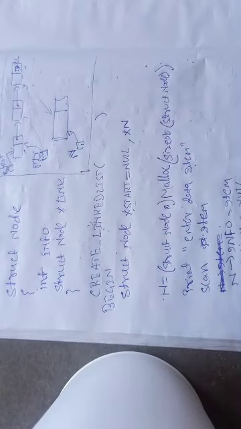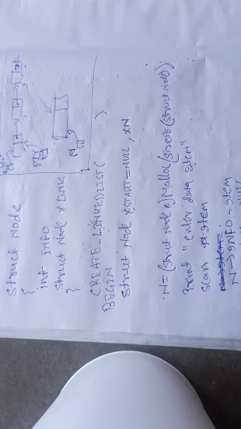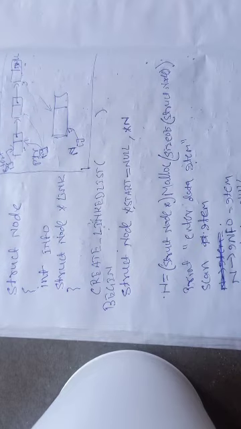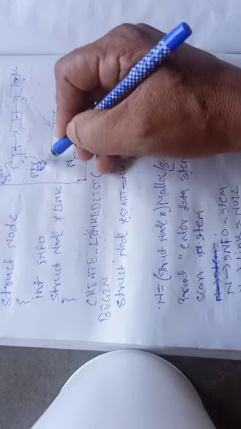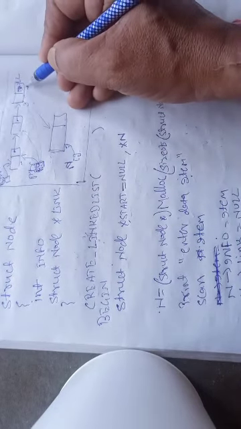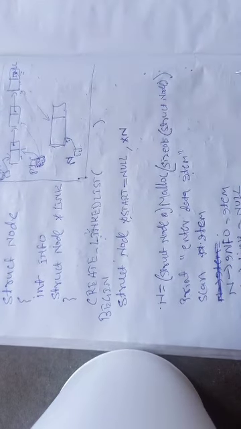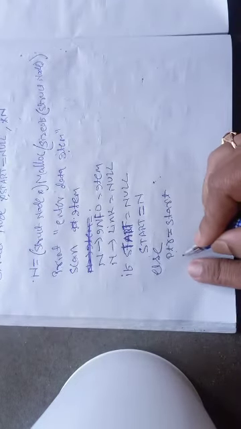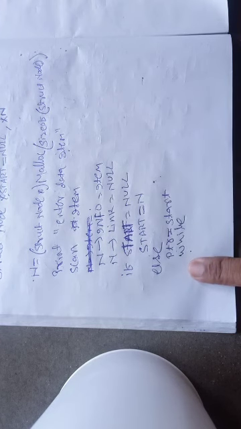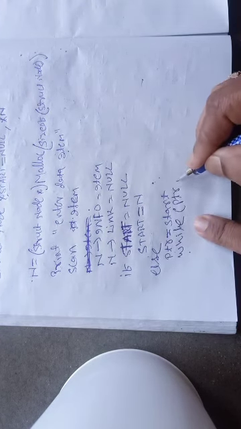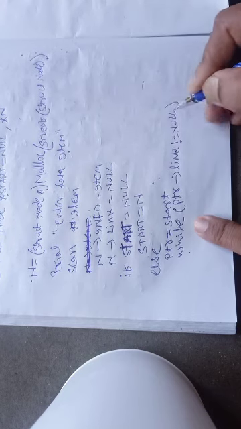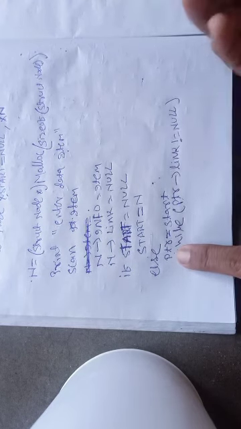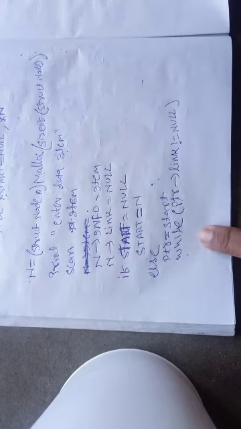We know that in a linked list, the link part of the last node always contains null. So if the pointer variable ptr reaches the last node, then definitely its link field will have a null value. So therefore here we'll use a loop, that is a while loop, while ptr of link not equals to null. So as long as ptr of link is not equal to null, I will keep changing the ptr value.